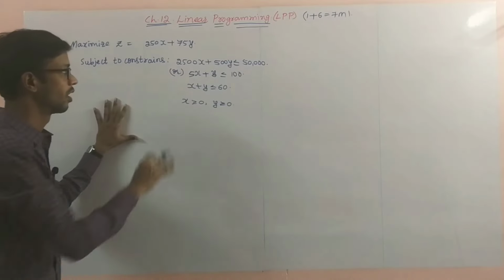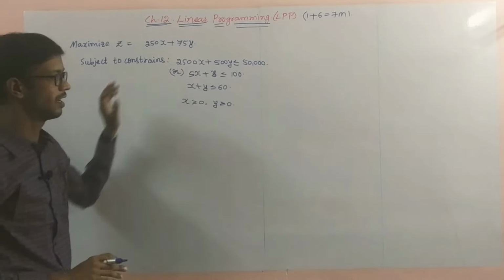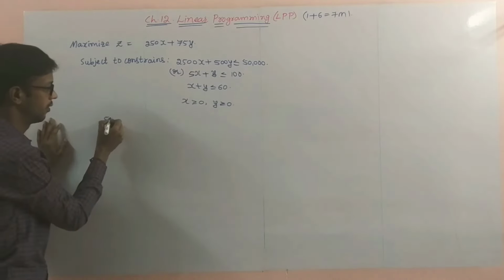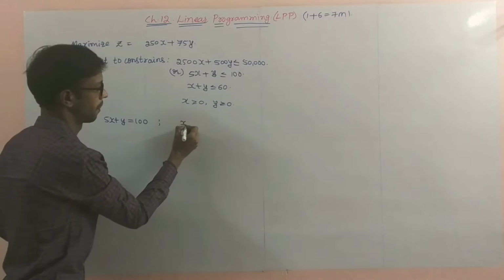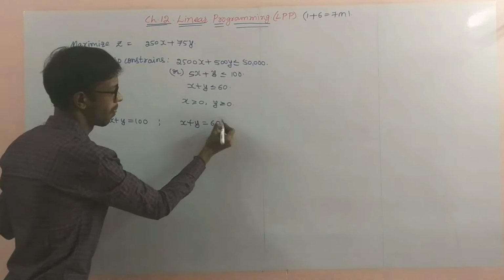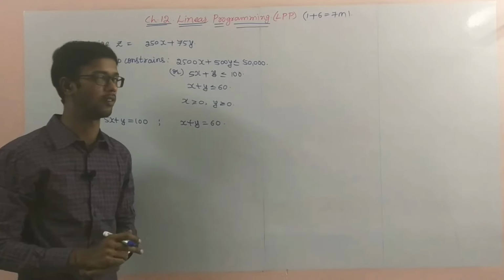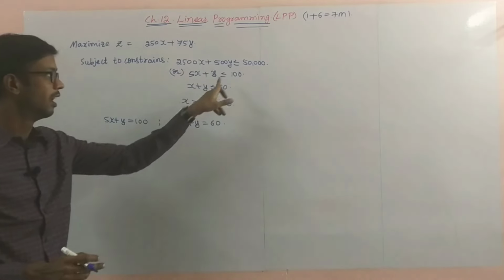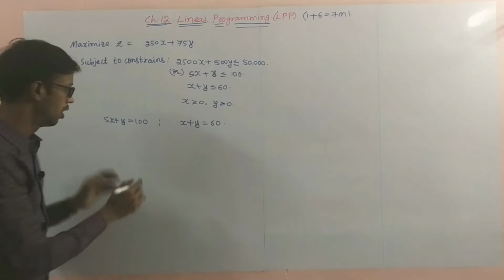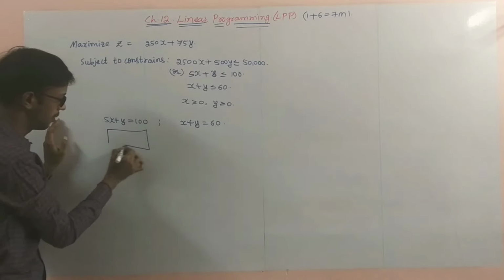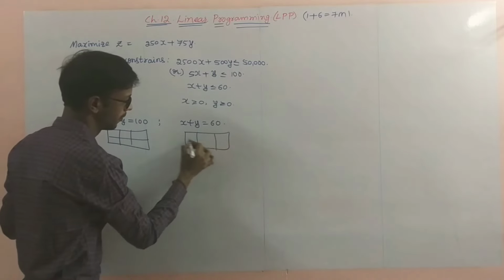You see here, first of all, we won't touch the maximize Z, just the constraints. Write them as equal constraints. No need to touch the non-negative constraints, only the normal constraints. Actually these are linear inequalities. Now you make them equal. So now you draw one box. This is the easy method to draw the graph. Here also draw the graph, the box.